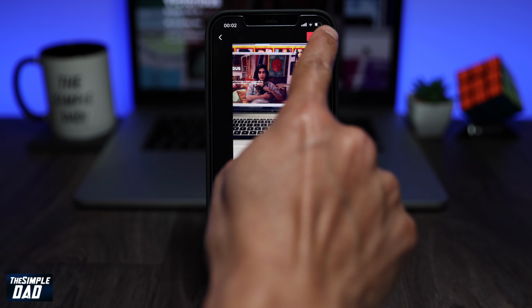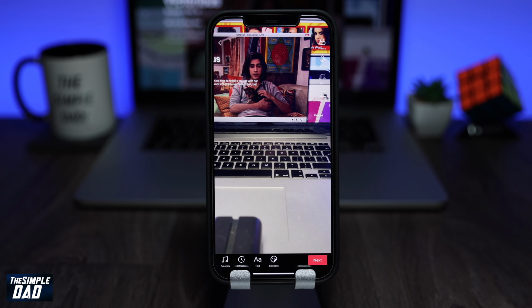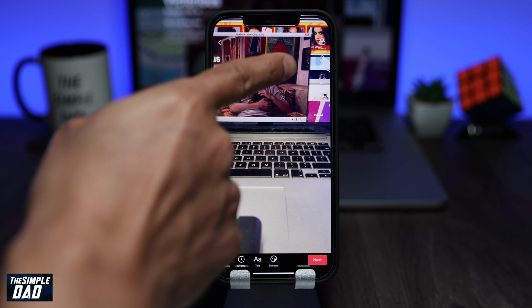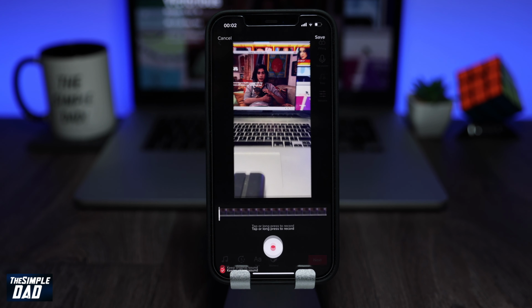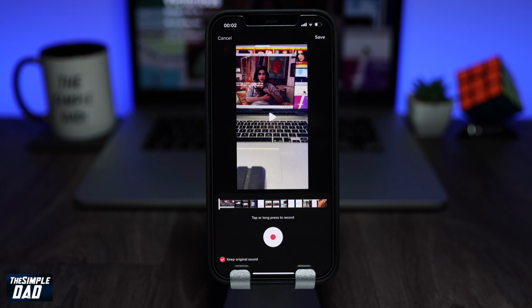Once you've configured that, tap on next. Now on this screen, you can add your music, effects, text, and stickers to make the video more interesting. You even have an option to add a voiceover where you can record your voice to give a commentary of what is happening. Once you're done editing the video, then post it on TikTok. And that is how to post a 3-minute video on